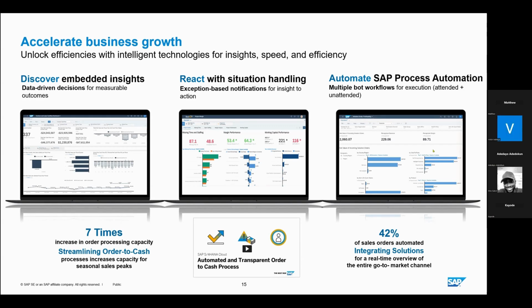So we have situation handling, which is for complex organizations, right? Because in most cases things are left undone, because there is no proper monitoring process. So with SAP S/4HANA Cloud, right, there's heavy focus on this area of the business, with exception-based notification, right, that helps you to track important information in the system. So I'm going to show you more.